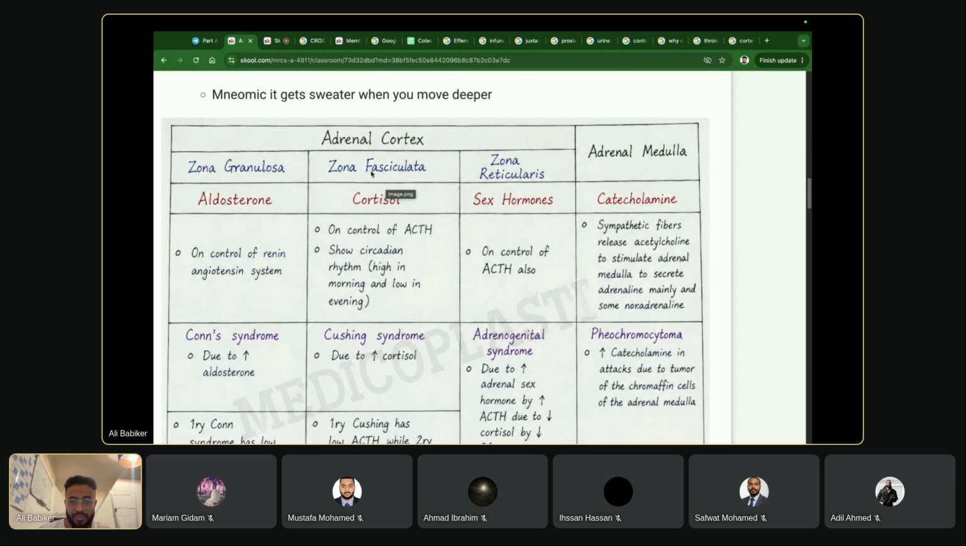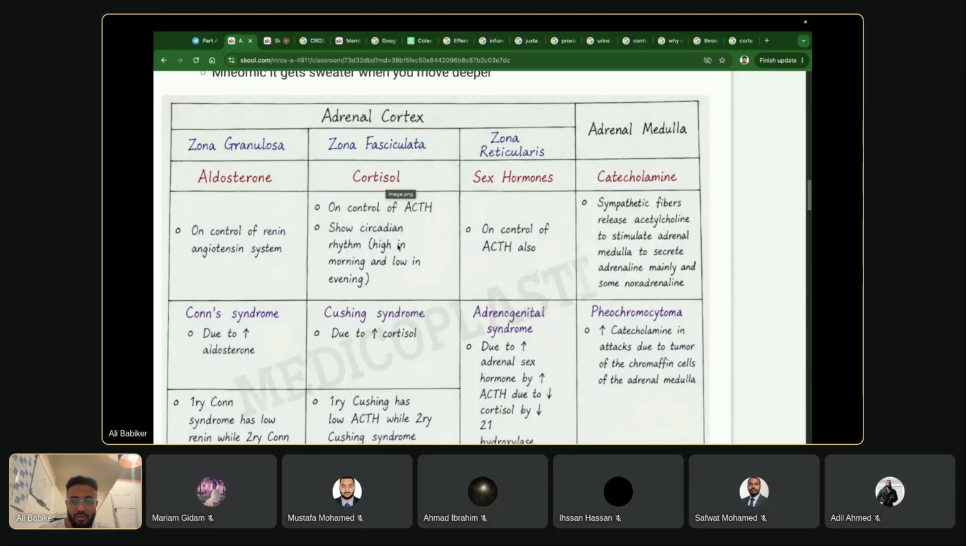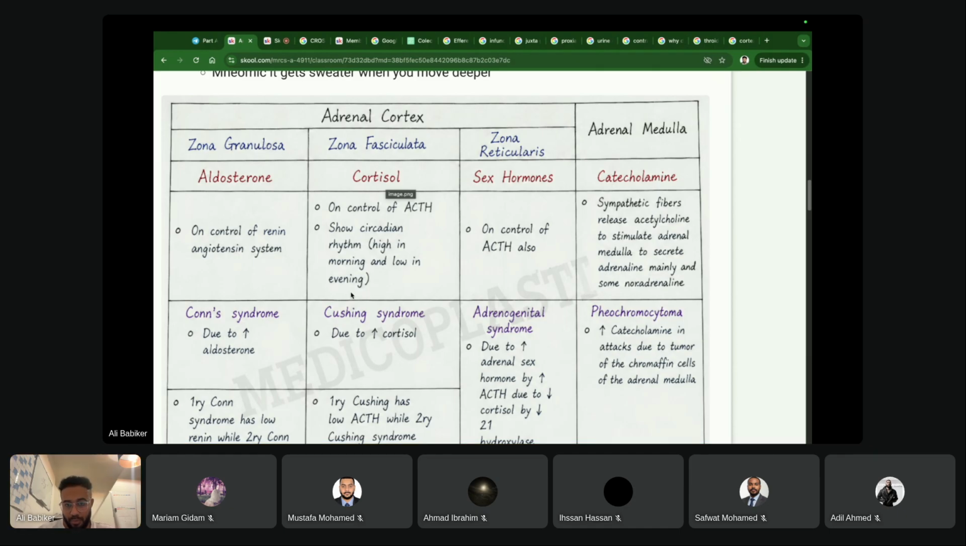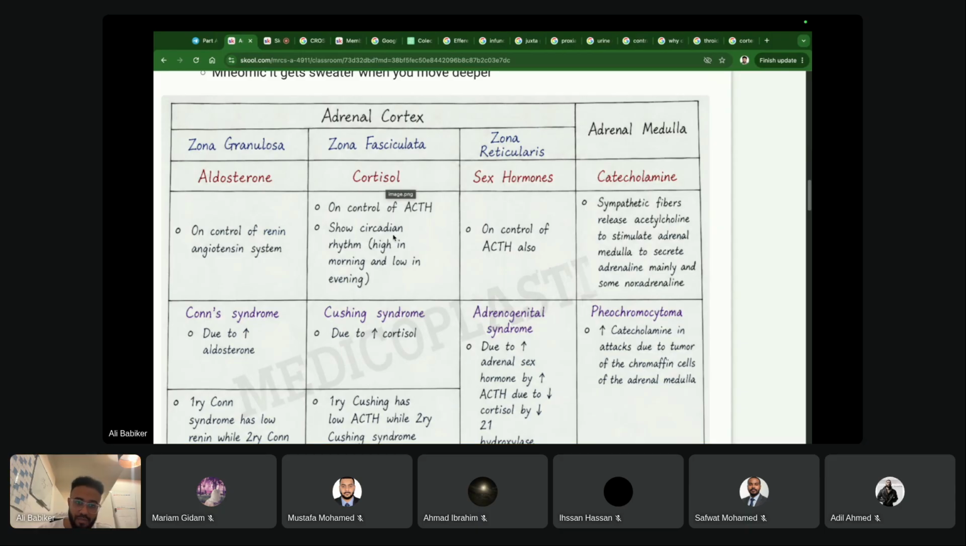the zona fasciculata, shows circadian rhythm. That means high in the morning and low in the evening. That's why when you start working in the hospital or when you practice, we have a test we call 9 a.m. cortisol. Okay, we don't take cortisol anytime. We have a specific time to take the cortisol. Why? Because it follows the